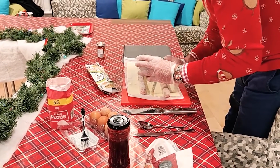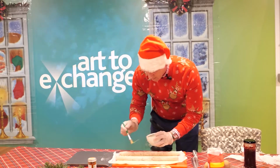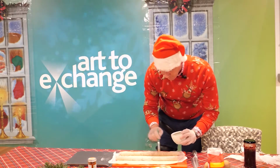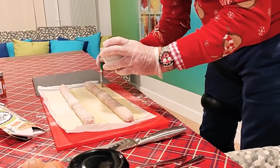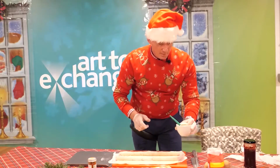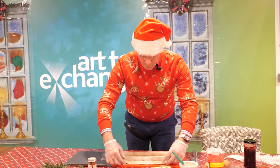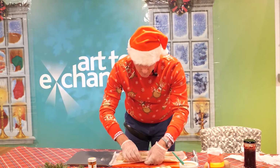Nice and light. And again on this side, nice and light. And I noticed we're still working on our piece of greaseproof paper that came with a pastry product. All I'm going to do now is peel off the pastry from the paper very carefully